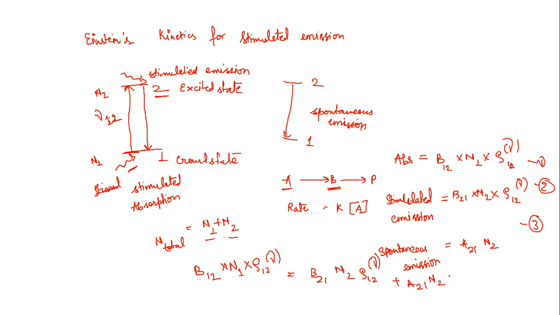Since this page is over, I'll go on to the next page. What we had written on that page is B12 N1 rho 12 nu is equal to B21 N2 rho 12 nu plus